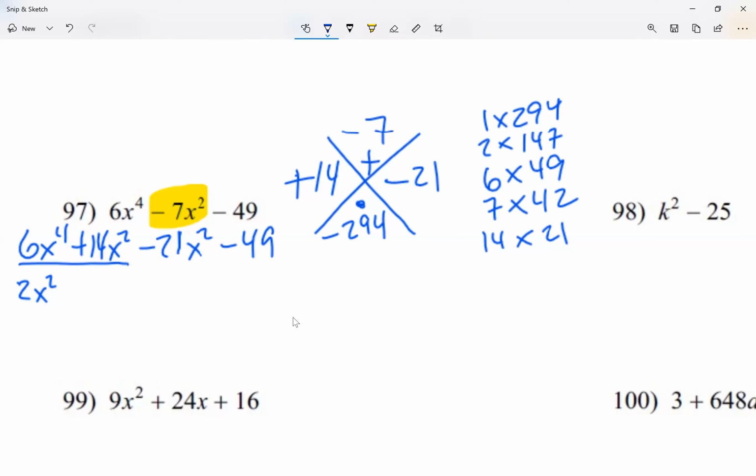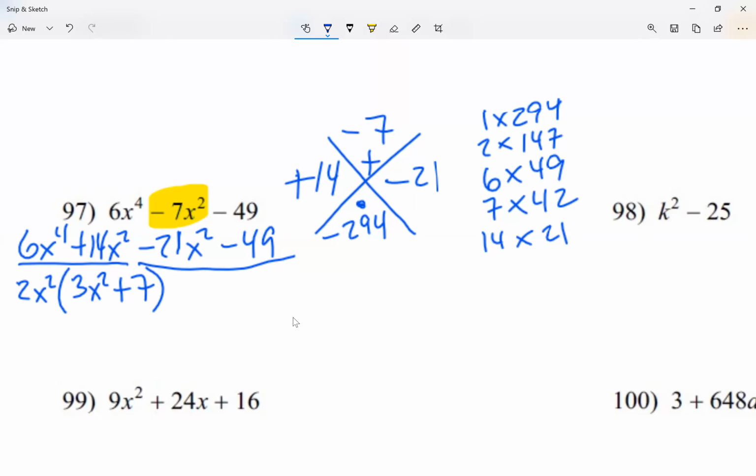So number-wise, when I do my distributive property backwards, divide everything by 2. Letter-wise, subtract 2 from each exponent. So it's going to give me 3x squared plus 7. Each number divide by 2. Each exponent subtract 2. Now, when I look at the last two terms, negative 21 and negative 49,